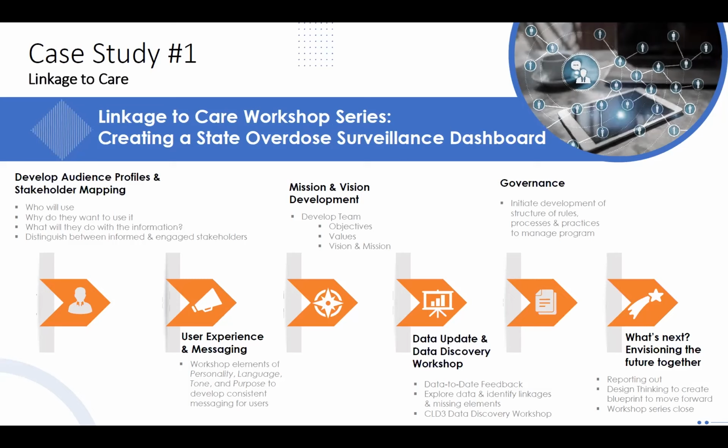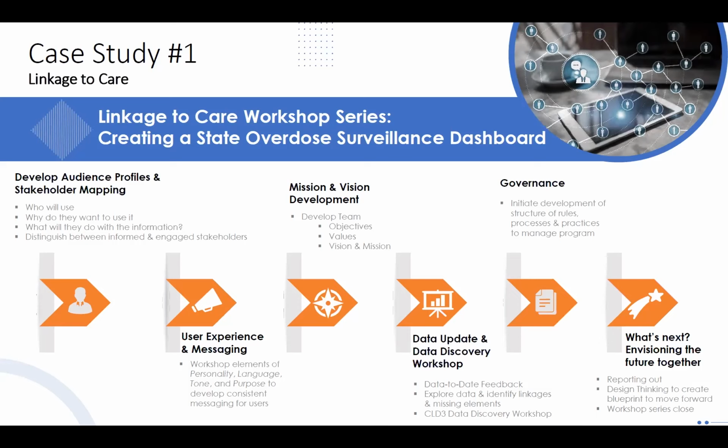And then we held our data discovery workshop pretty late in the day, you might think, to get to data. And this is where we're saying, what are your data holdings? What other data holdings do we need to bring in? We reviewed 25 other state dashboards, kind of tore them apart: what we loved, what we didn't like, what we want to see.